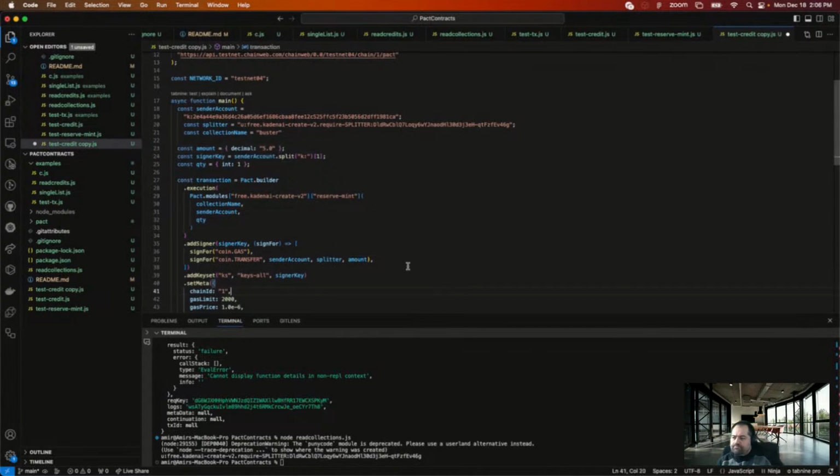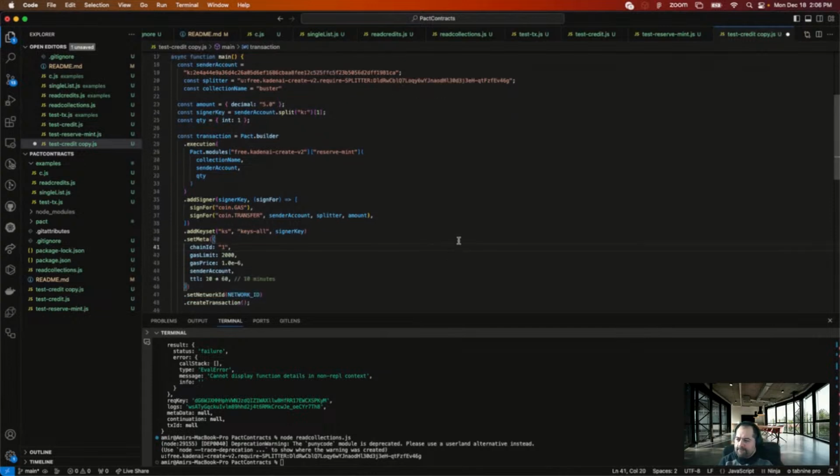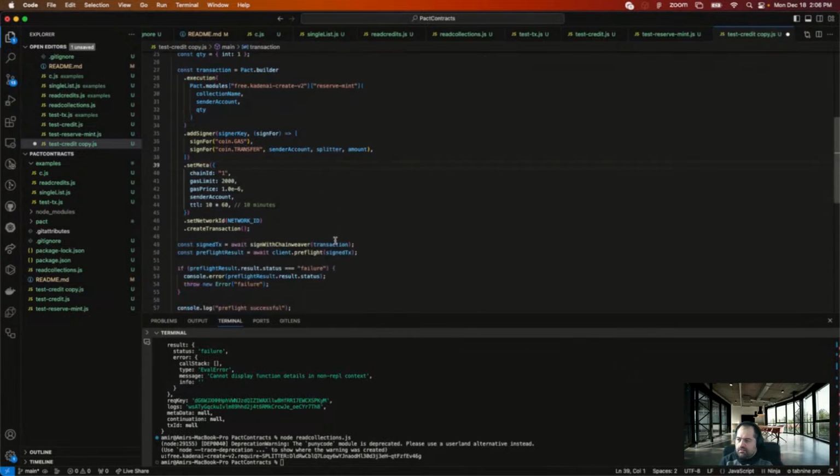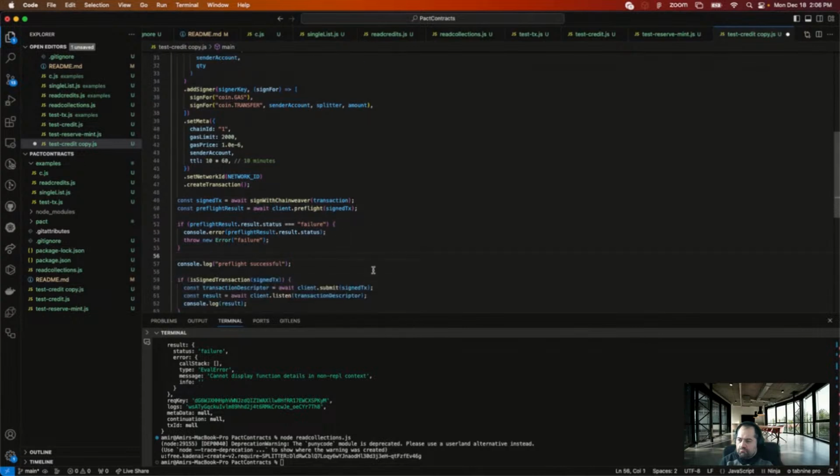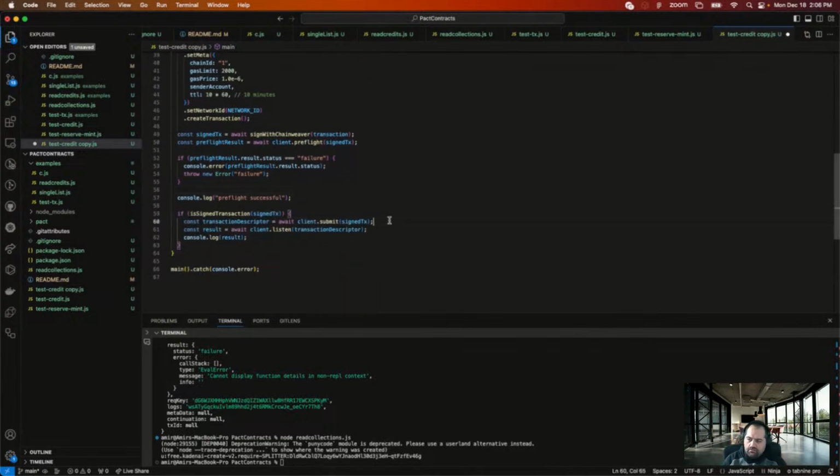That should cover it. Chain 1, yep. I don't need a key set in here. Sign with chain. It should fail. So it should fail. But let's try it anyway.